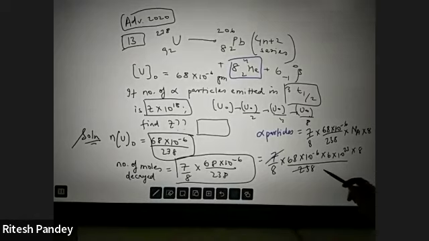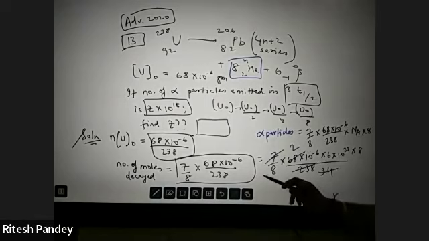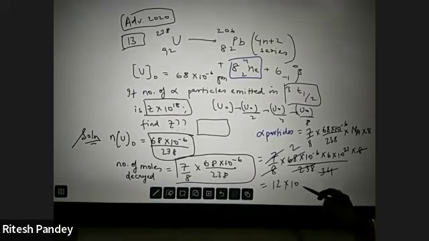Somebody told me it's 7 into 3, 21 and 34. So this will be 2 times of this. 8 and 8 will get cancelled. This will be like 12 into 10 to the power